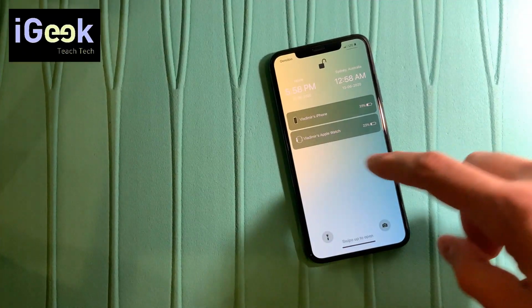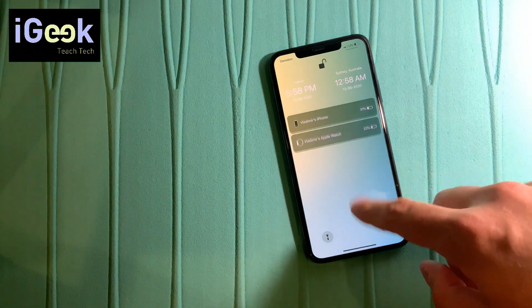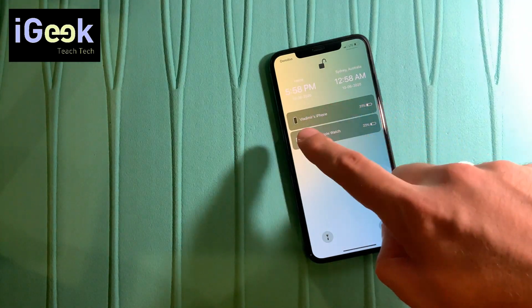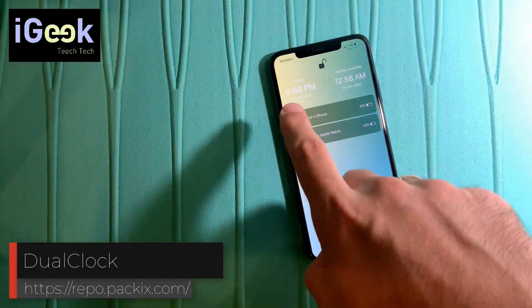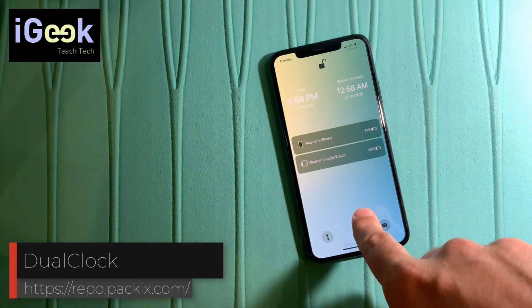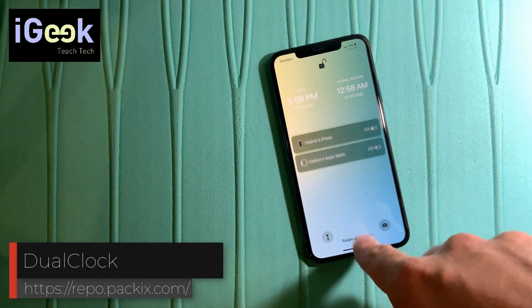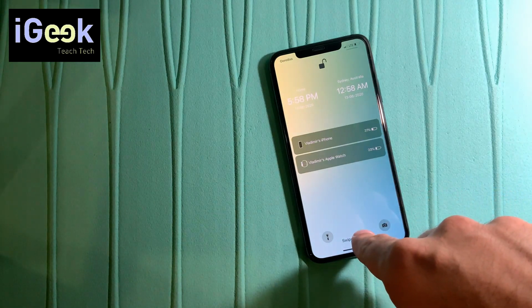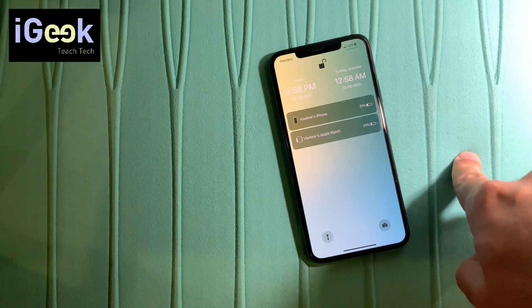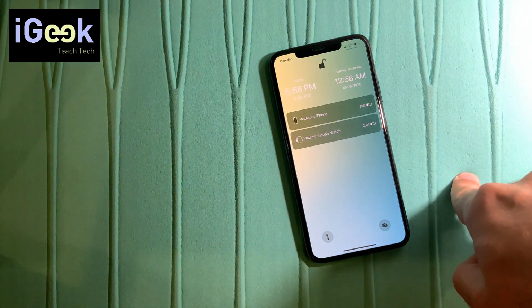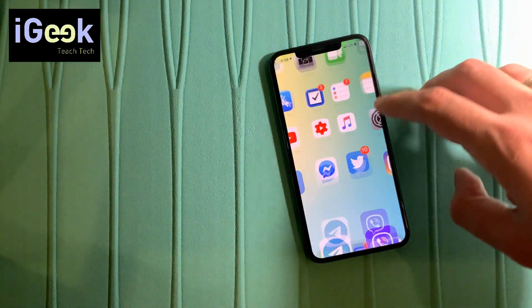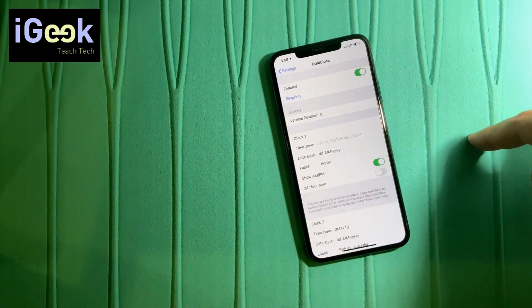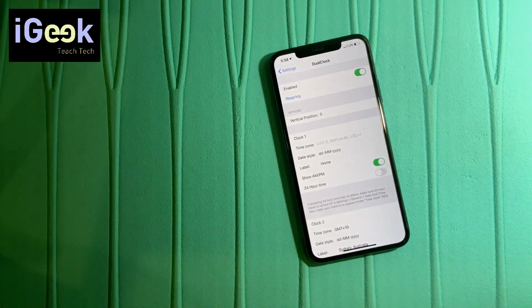Next 2 tweaks enhance the look of your lock screen. One is DualClock, which gives you 2 different clocks in 2 different time zones. I'll show you the settings in a bit. And the second one is Kai, which gives you the option to see your battery percentages of your connected Bluetooth devices. So when we go to settings of DualClock, it's a very nice tweak, works well on the lock screen, but